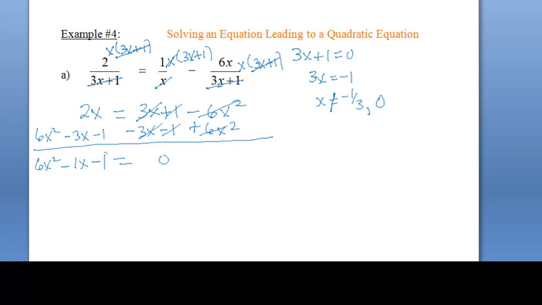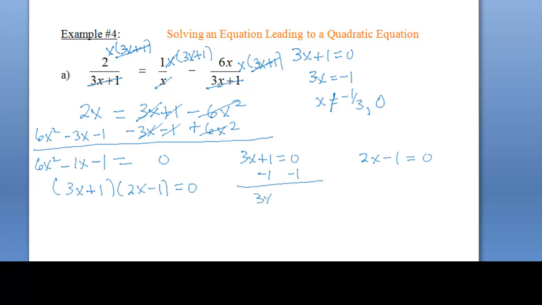I'm going to go ahead and factor that. I would get 3x plus 1 times 2x minus 1 equaling 0. Now we're going to go ahead and set each one of these factors to 0 and solve. So we have 3x plus 1 equals 0 and 2x minus 1 equals 0. So we're going to go ahead and isolate our variable. So x equals negative 1/3, or